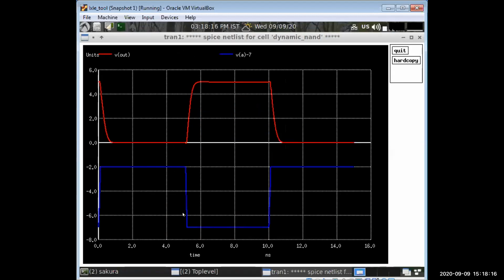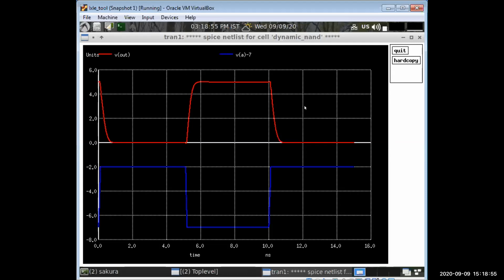So this was the ideal input, with no delays and no rise and fall delays. So this is ideal, and I am getting these values because I have taken all the PMOS and NMOS sizes the same, giving the same voltage source to all the inputs. So that's why I'm getting this. And another thing is, why will we be doing 2 into WN here? As sir explained just now, we have to decrease the resistance.